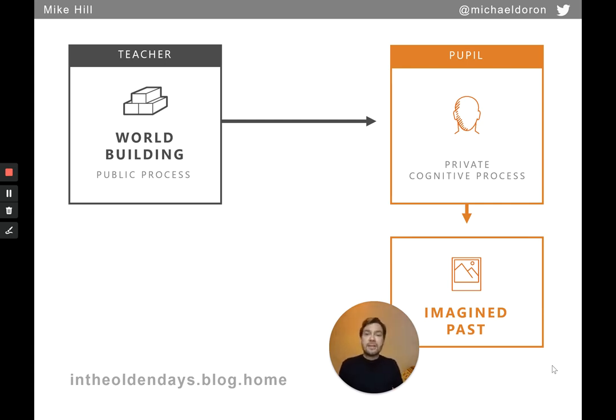World building is all about the input given to students and about developing these imagined landscapes in the curriculum so they have something to use to imagine the past. This idea of world building really comes from fantasy literature and from authors like Tolkien, who invent imaginary worlds and then communicate them to an audience. And we can learn a lot from this.